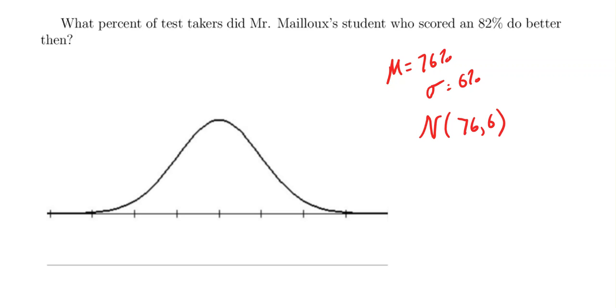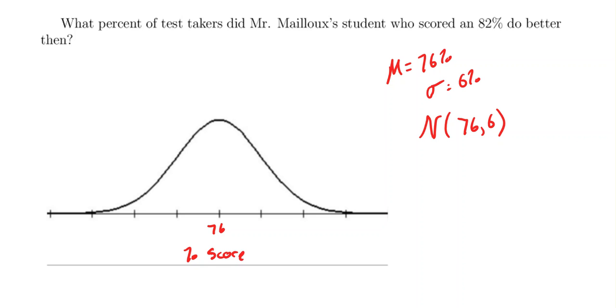So this is always going to be a notation that you're going to use to label what picture you have. So this means a normal distribution with a mean of 76 and a standard deviation of 6. The 76 goes here, and I'm just going to also write percent score down here so I know what the